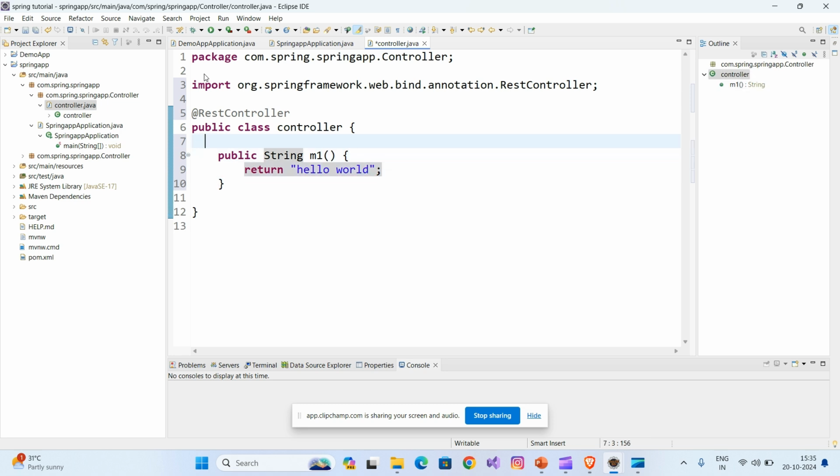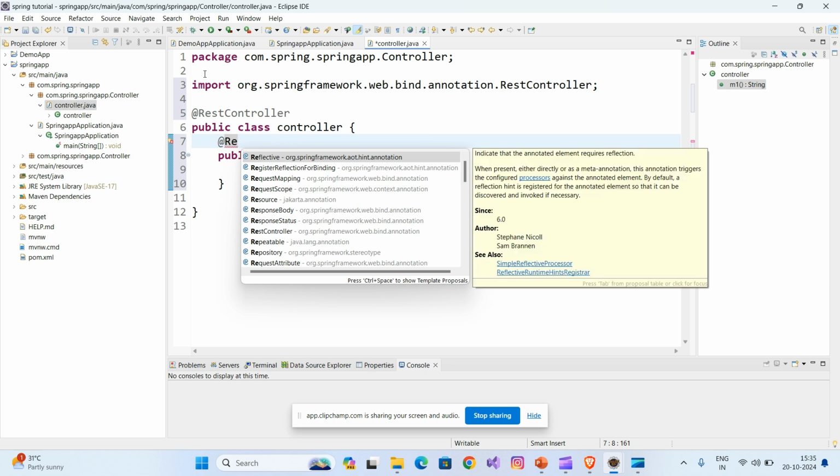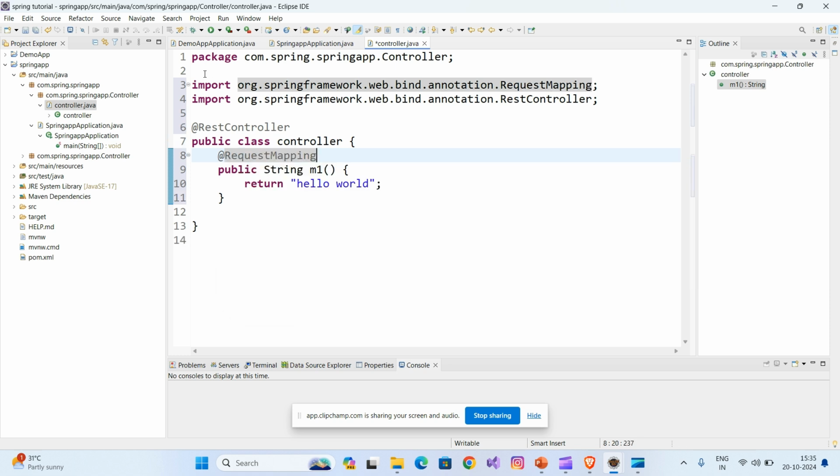And we have to tell Spring Boot based on what request this hello world has to be returned. There is an annotation called @RequestMapping. Based on that request, this annotation will return this string hello world. We have to specify the URL for which it has to return hello world. For value we have to tell